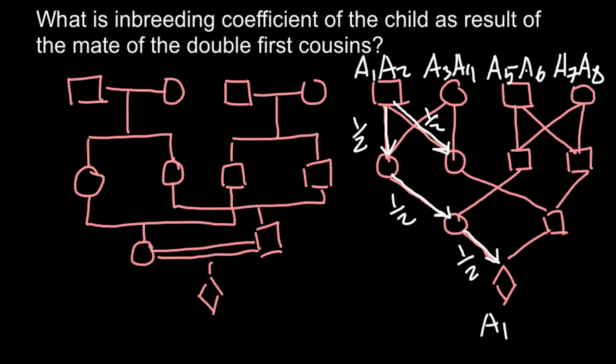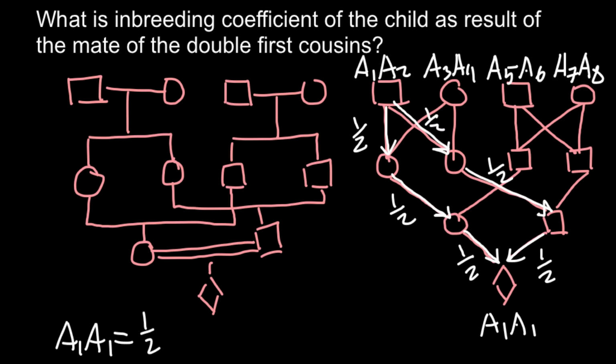So the probability for this daughter to inherit A1 would be 1/2. And there would also be a 50% probability that she passes the A1 allele to her son. And he also would have a 1/2 probability, 50%, to pass this A1 allele to his child. So the child would have genotype A1, A1. So once again, let's calculate this probability. For the A1, A1 genotype, the probability would be